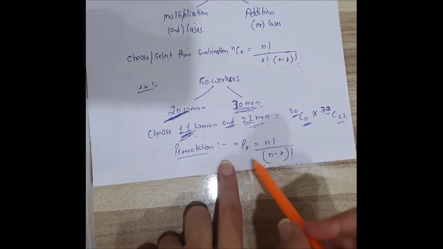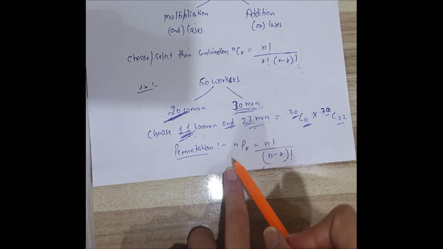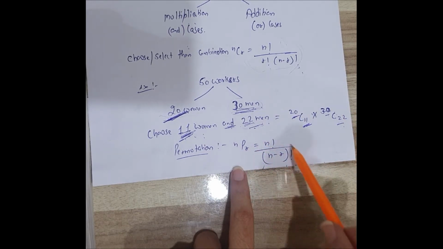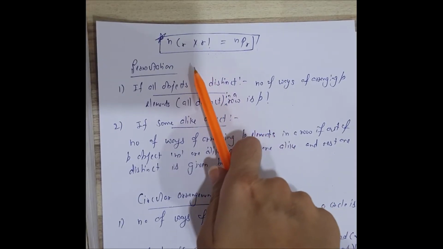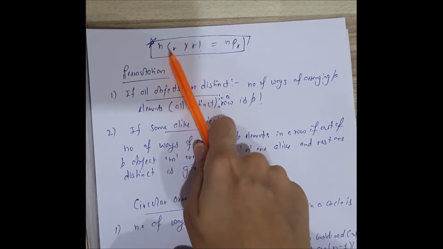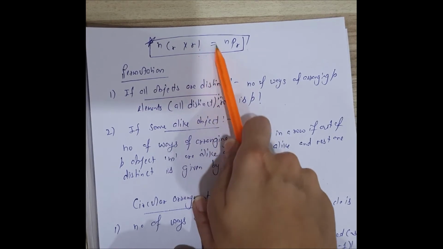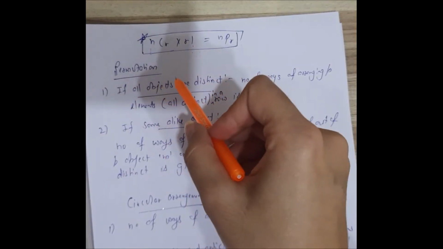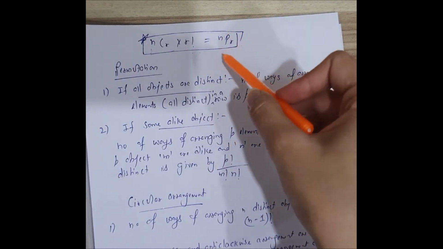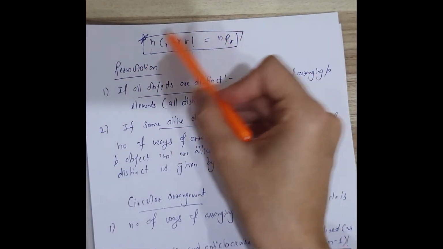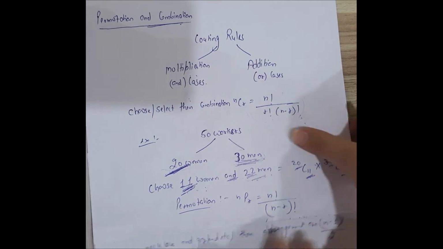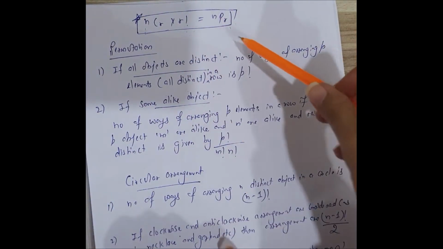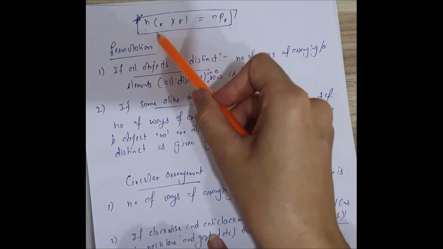Now permutation. Where do we use permutation? Where we have to arrange things, we use permutation. This is the formula for permutation. In most of the questions we will use this formula, that is nCr into r factorial is equal to nPr. We will practice more questions using combination, and if they are asking about permutation, then I will use this formula. This formula we will use rarely. It means that combination is more important than permutation. I will solve most questions with the help of combinations.